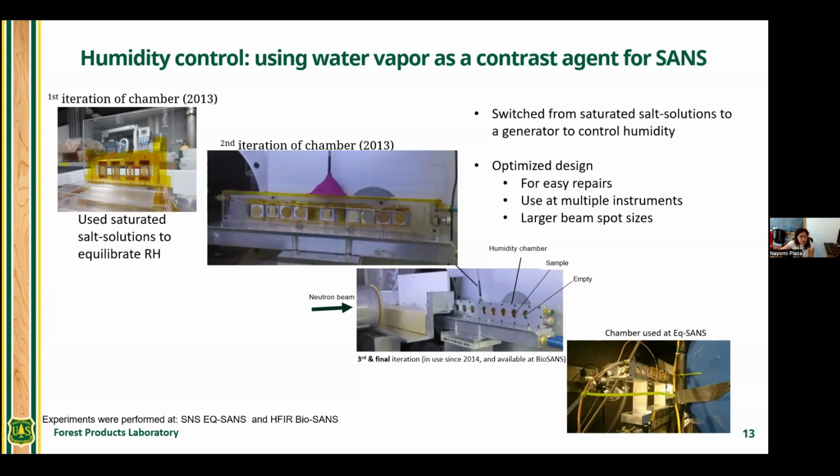In our second iteration, you can see that our sample chamber was much larger. We had many more spaces. It's still made out of plexiglass, and we had a big, long quartz window across the samples. That worked really well. Here you can see the RH probe that we're using as part of the feedback loop system to control the humidity. As soon as we arrived at each humidity condition of interest, we would change to the next condition. What we learned from this case was that